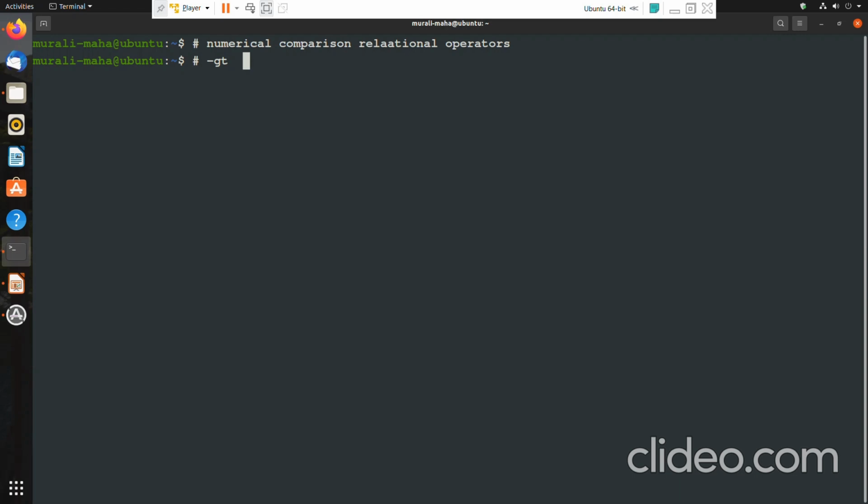Hyphen EQ is equal to. Hyphen NE is not equal to. Hyphen GE is greater than or equal to. Hyphen LE is less than or equal to. These are the various numerical comparison relational operators.